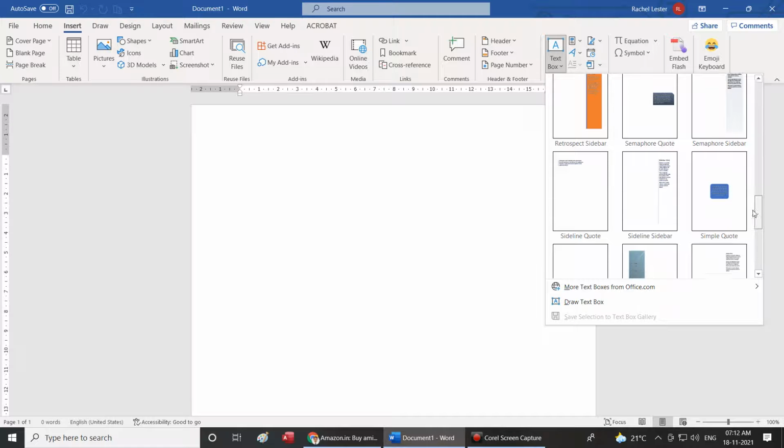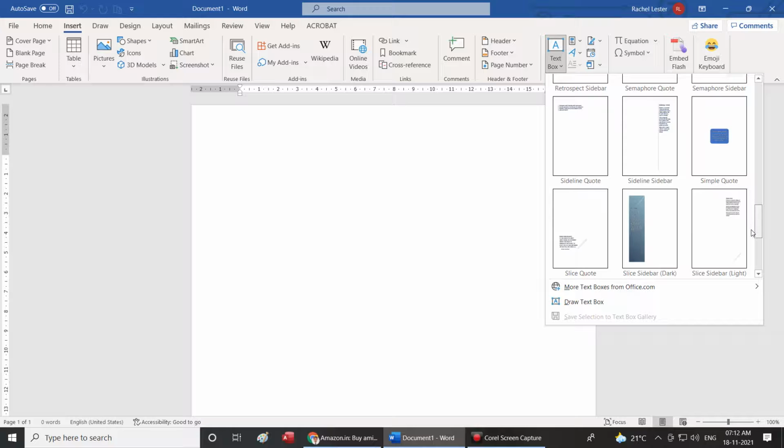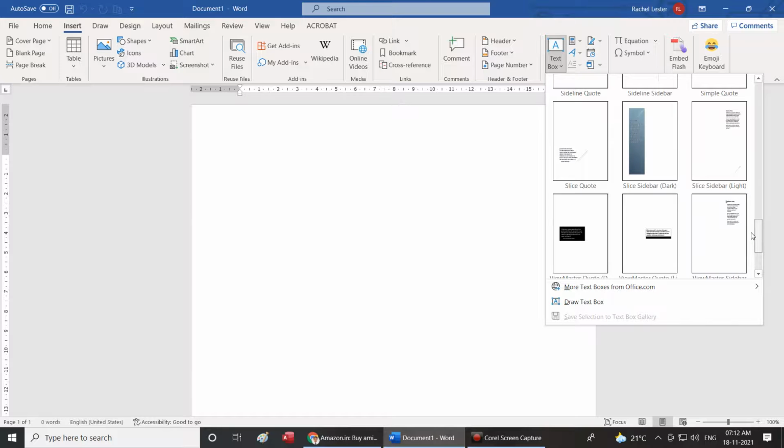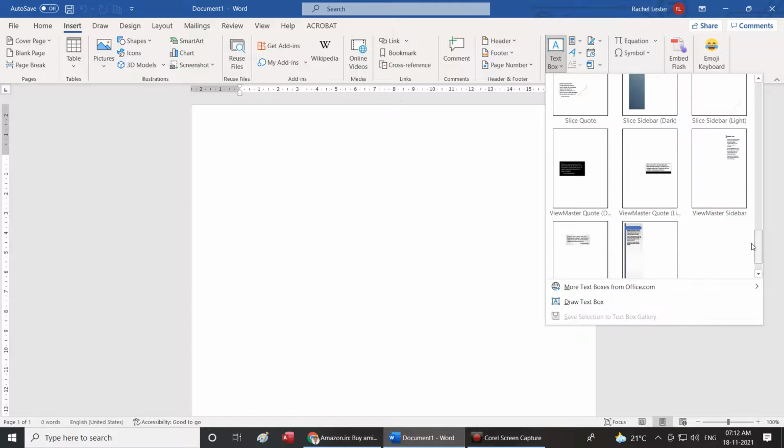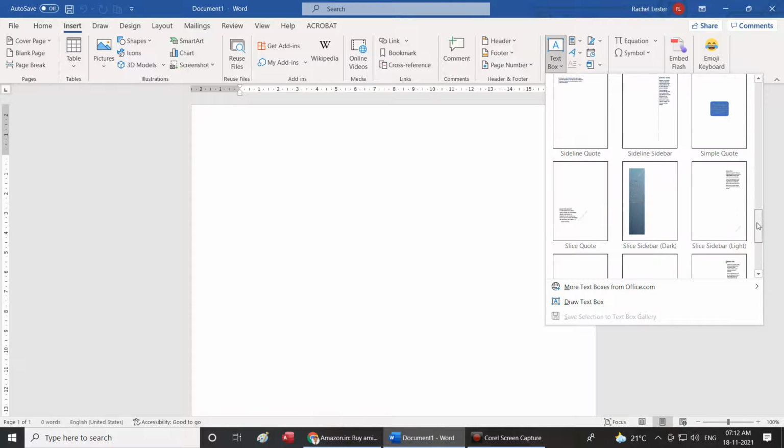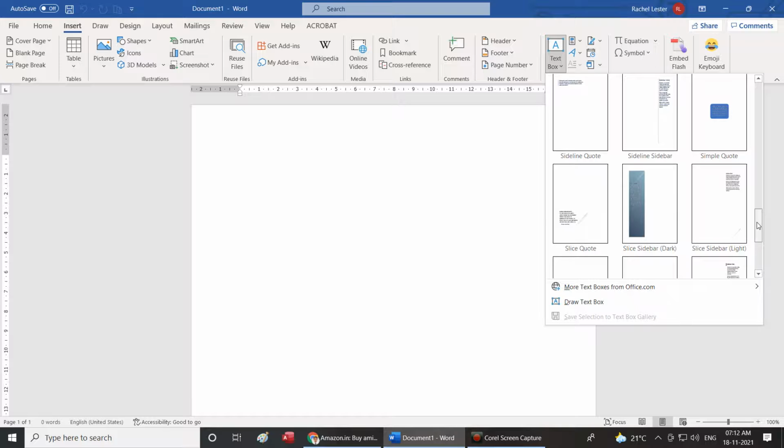Next, simple quote. Next is slice quote. Next is slice sidebar (dark).